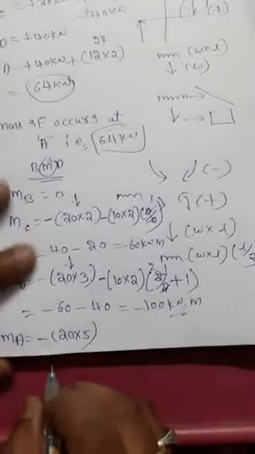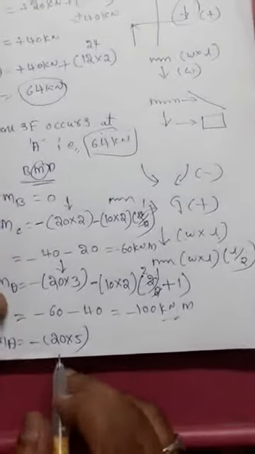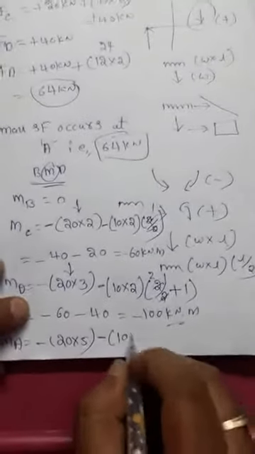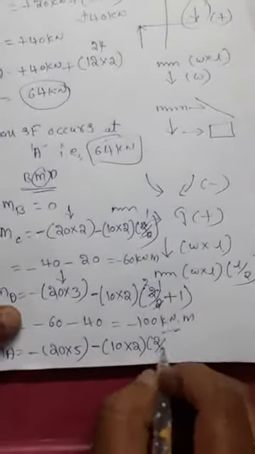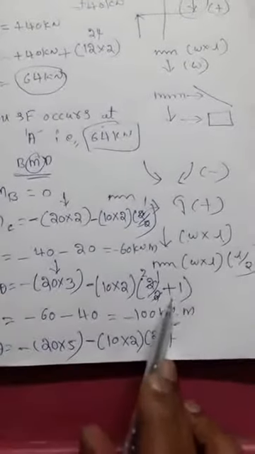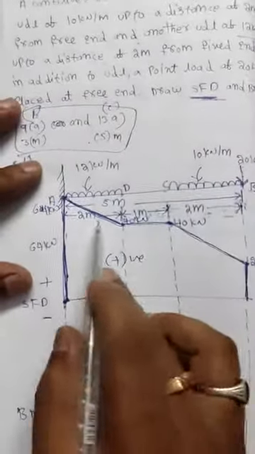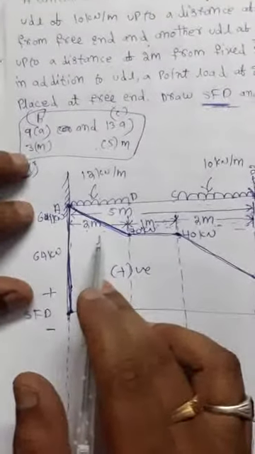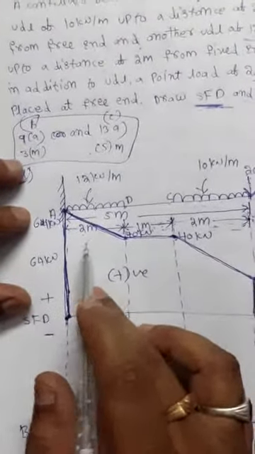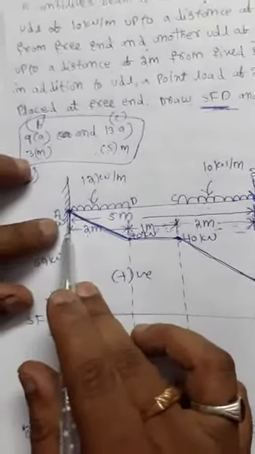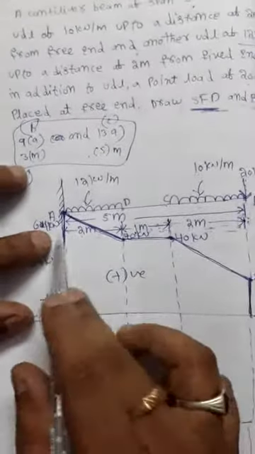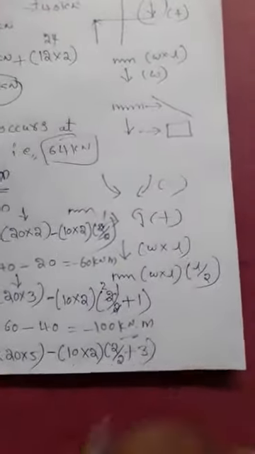That is minus 20 into 5 downward direction, minus force into distance for point load, minus downward direction UDL WL into L by 2. So additional span length, instead of 1 you can substitute additional span length 3. Why? Because here you will find a moment on C on A. So that's why the distance between C to A is 3. So you can add these 3 span length with this formula.